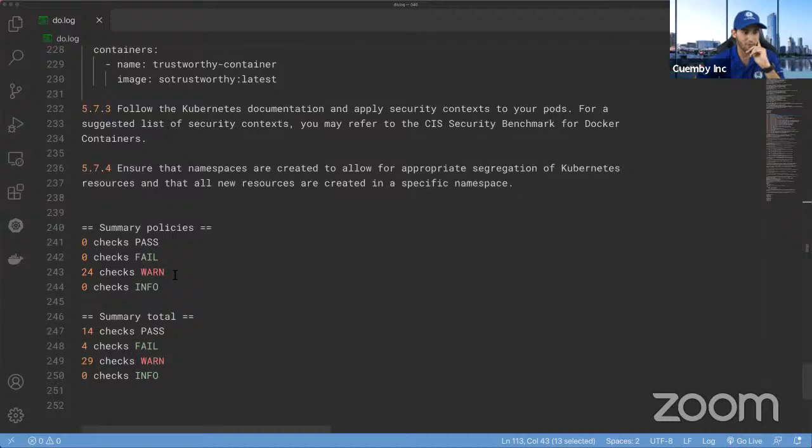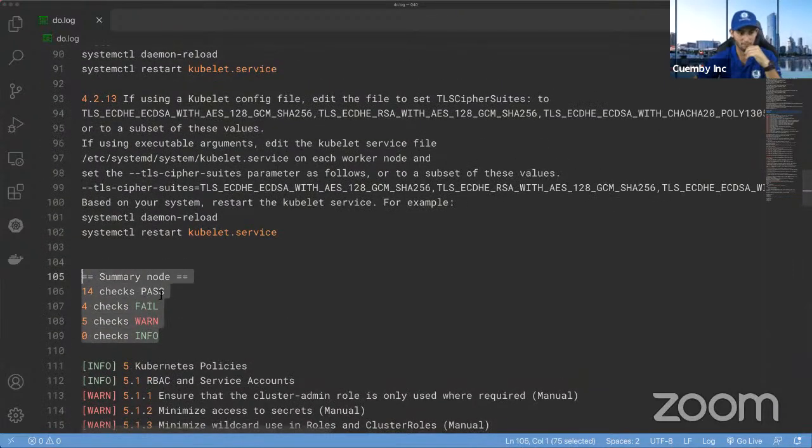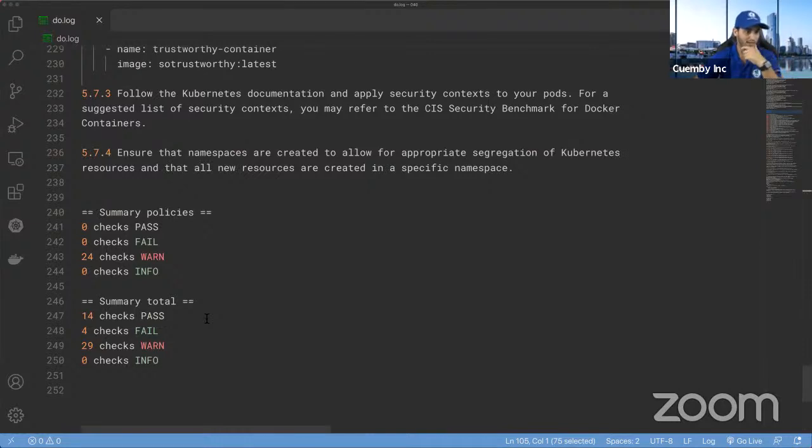We got 24 checks as a warn in the policies, so 0 pass, 0 fail, all warns. As a total, and when I say total, I mean the policies plus the configurations, we have 14 pass, 4 fails, and 29 checks that are warned.